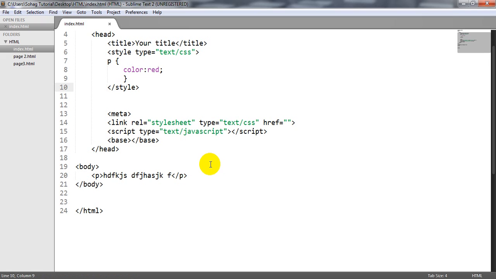The base element. The base tag specifies the base URL or target for all relative URLs in a page. If you have some more images in your HTML page, that will show